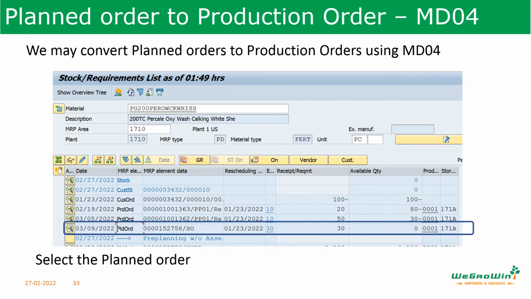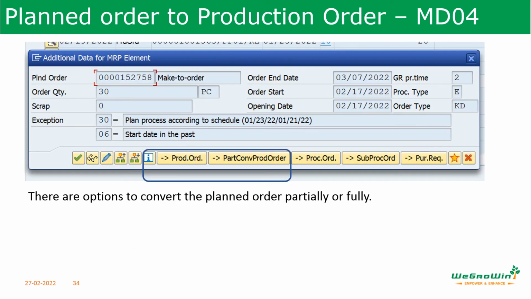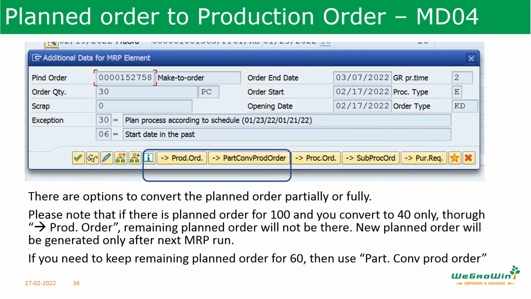Another option for converting planned orders to production orders is through MD04. From the stock requirement list, select the required planned order to be converted into a production order. There are two options to convert the planned order into a production order, full conversion or partial conversion. And please note that if the planned order is for 100 and you convert 40 only,